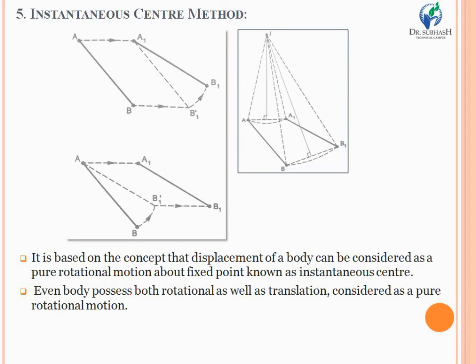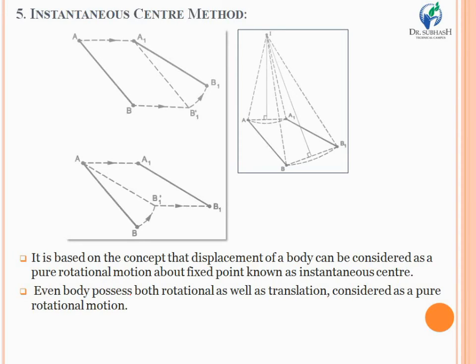Basically this method is based upon the concept that any displacement of a body, or we can say a rigid link having motion in one plane, can be considered as a pure rotational motion. And of course if you consider it so, it becomes very easy to define the velocity and acceleration of various points. So once you consider the entire link as a rigid body with pure rotational motion as a whole, some center is required, and that center will be known as the instantaneous center or virtual center,